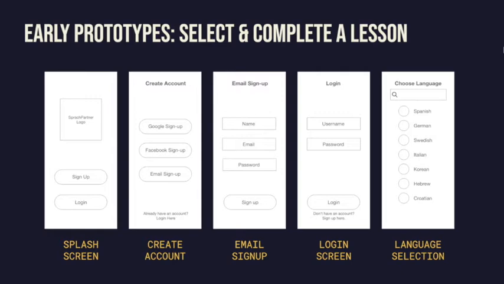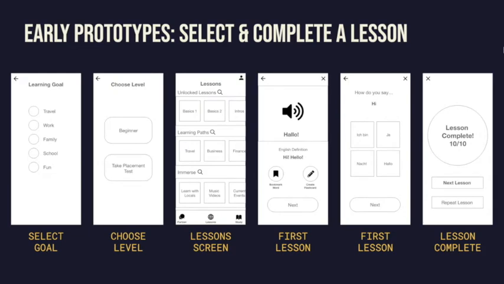One of these flows is the selection and completion of a lesson. This prototype demonstrates the flow of a new user who must sign up and create an account. Then they must complete the onboarding process, which includes selecting a language, identifying goals, and selecting a proficiency level. Then the user is directed to the lessons page, which allows them to select from basic sequential lessons, specialized learning paths, or immersive videos. While completing a lesson, users have the option to save words or phrases for future review. Then upon completion of a lesson, users have the option to repeat it to fix mistakes, move on to the next lesson, or return to the lesson's home.